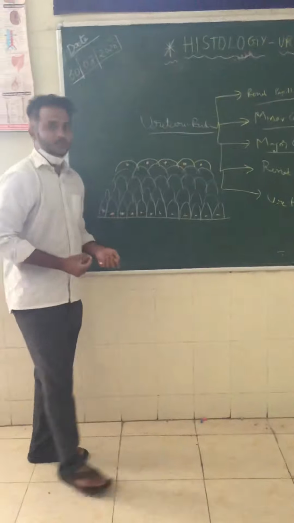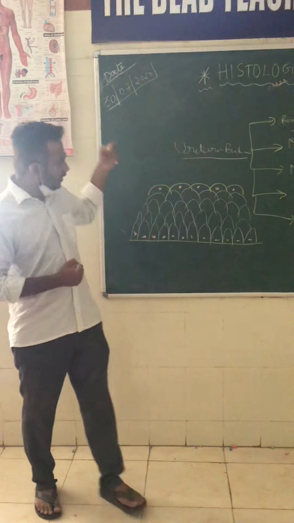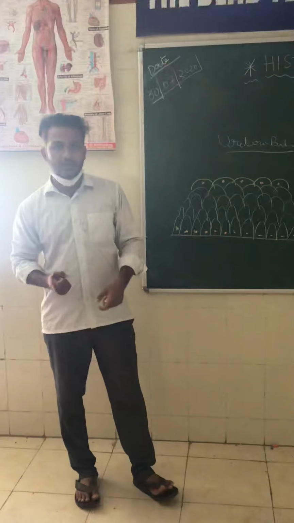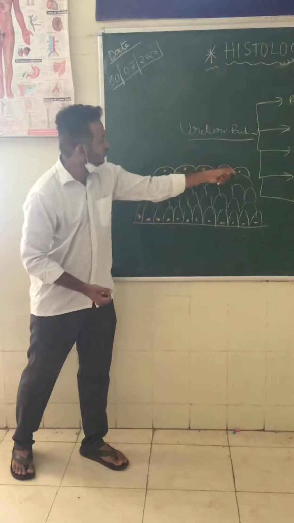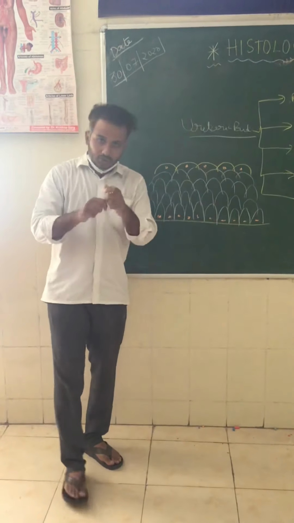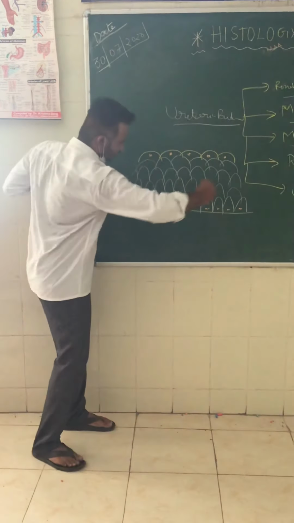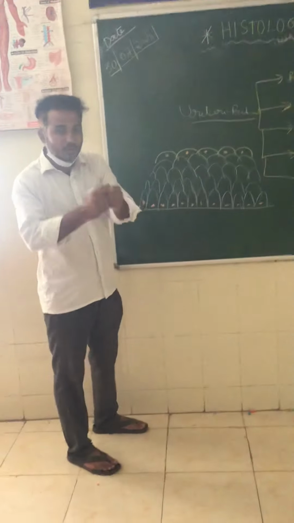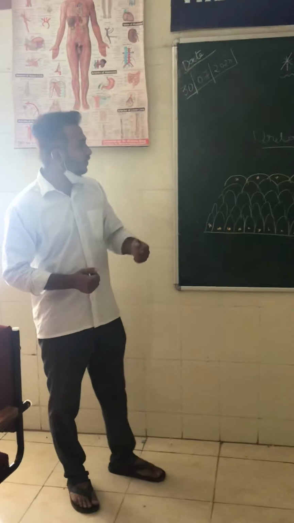The main function of this urothelium is to promote stretch. Whenever urine is not there, the bladder or the ureter or the entire collecting duct will be shrunken, during which the apical layer of the cells will be in the subspherical shape. When the bladder or the ureter gets distended after the formation of urine, these things will be stretched. To allow that stretch, the main function of the urothelium is to promote stretching whenever the bladder or any of these organs get distended after being filled with urine.